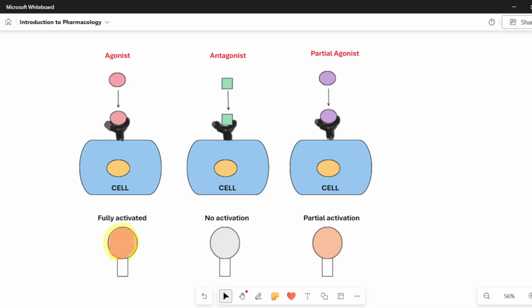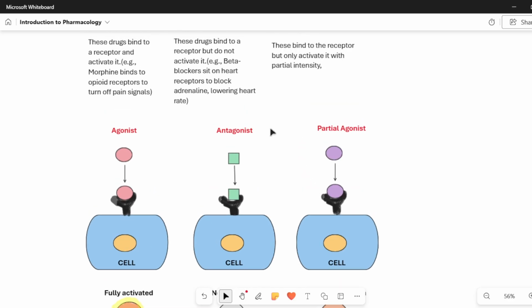Now for example, if you see here, the morphine drug is basically given for pain, to turn off the pain signals. So morphine is a drug which mimics the naturally occurring chemical, and it goes and binds to the receptor. So what happens? It activates the cell, so it will stop the pain signals. That is what this does here. So we saw the morphine will be doing those things.